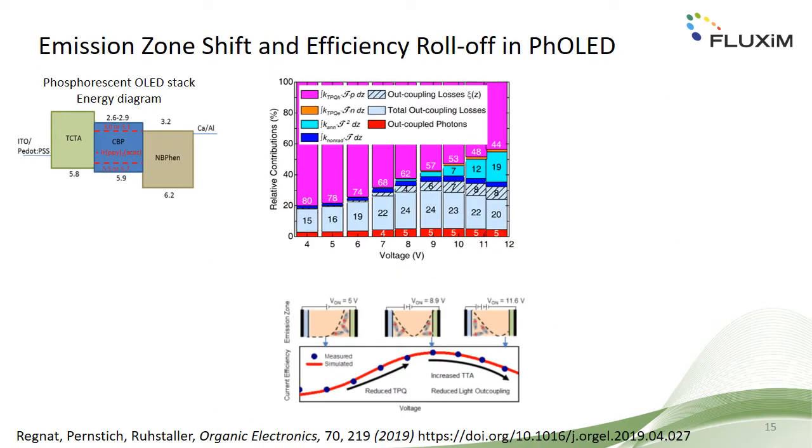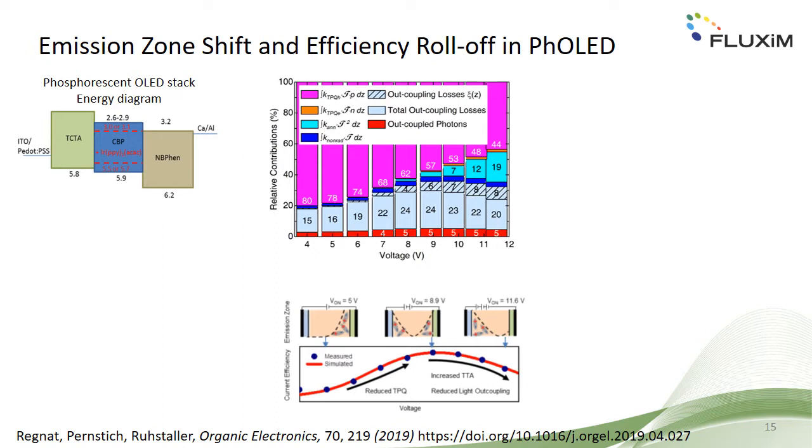Once we have achieved an electro-optical model that reproduces the electrical but also optical characterization data of an OLED, we can dig deeper and analyze the efficiency behavior versus voltage. On the middle graph on the top, we plot the contributions of different processes giving rise to losses. Only the red part describes the outcoupled photons, but all the rest can be split into different processes, the pink one being triplet polaron quenching, that is actually